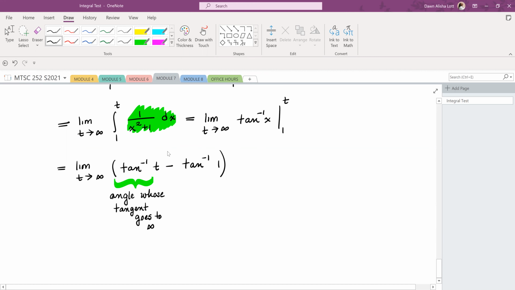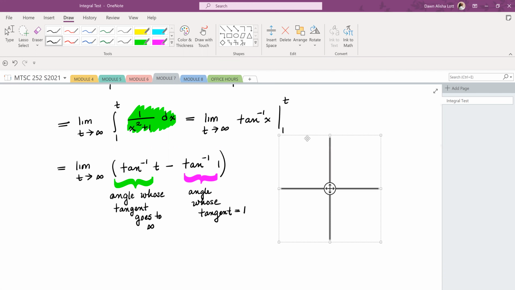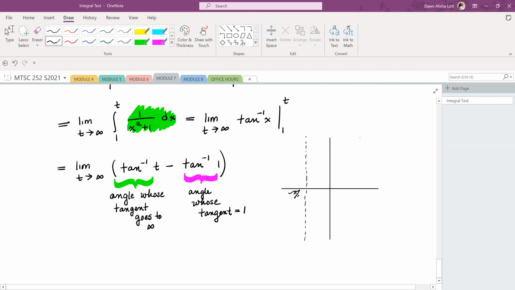And this is asking me the angle whose tangent is equal to 1. So the angle whose tangent goes to infinity, we drew this before. The tangent function has an asymptote like this at minus pi over 2, and another asymptote